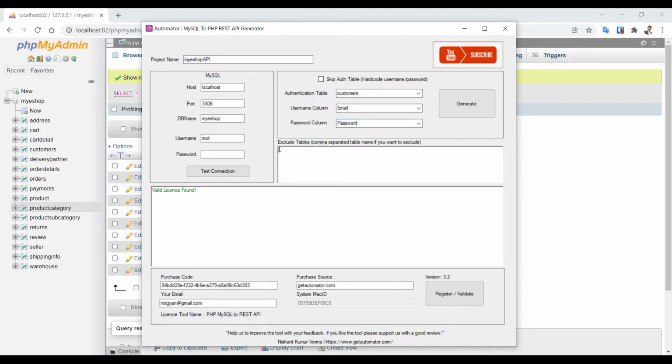Okay, and then here I have an option to exclude some tables. If I don't want to generate an API for any particular table, I can write the comma-separated names here, and those will be excluded from the generation. Okay, so that's all. You don't need anything more on that. So let me generate this. If I click this generate button,